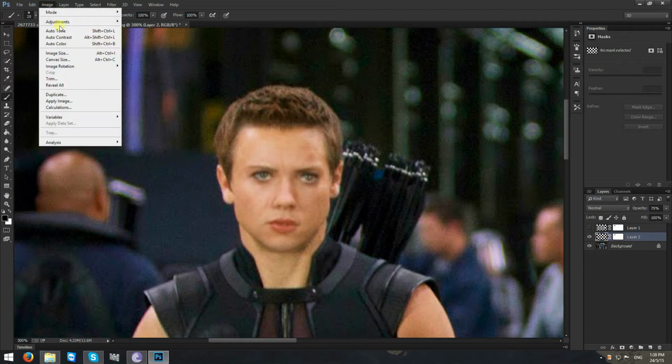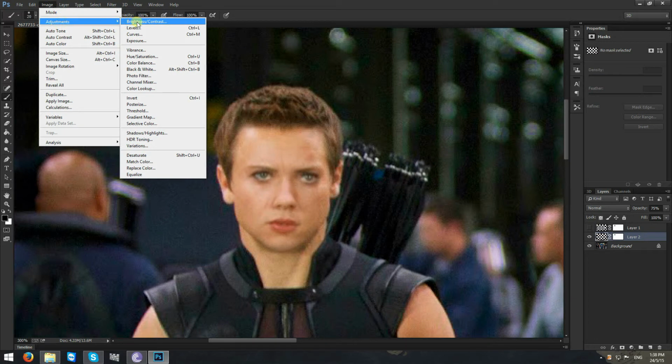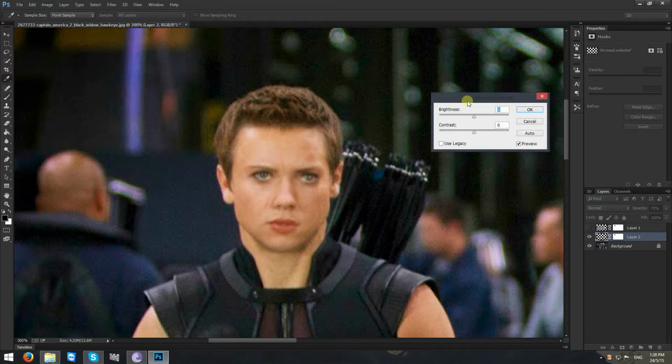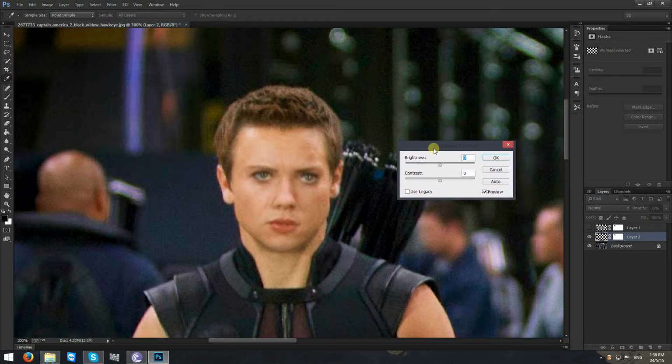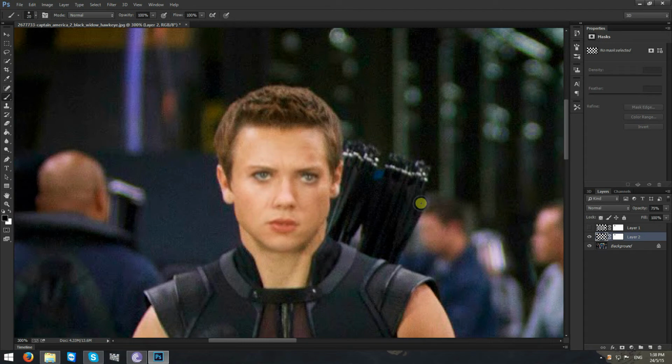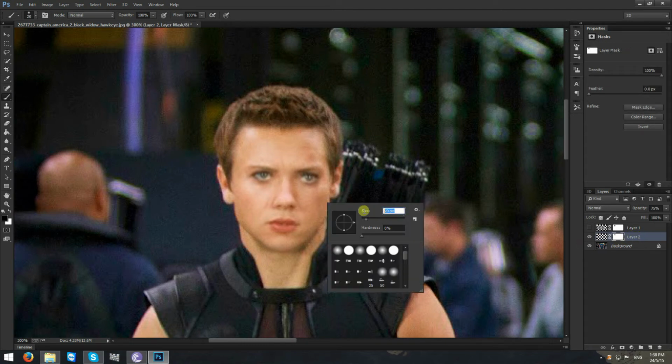Then I'm gonna go to image, adjustments, brightness and contrast. We don't need anything more, let's say advanced, it's good enough. So you see Hawkeye's face is a little bit brighter, so I'm gonna up the brightness a little bit. And maybe the contrast a little bit smaller, and that's it. That's pretty much it. Wait, I'm gonna make a rough